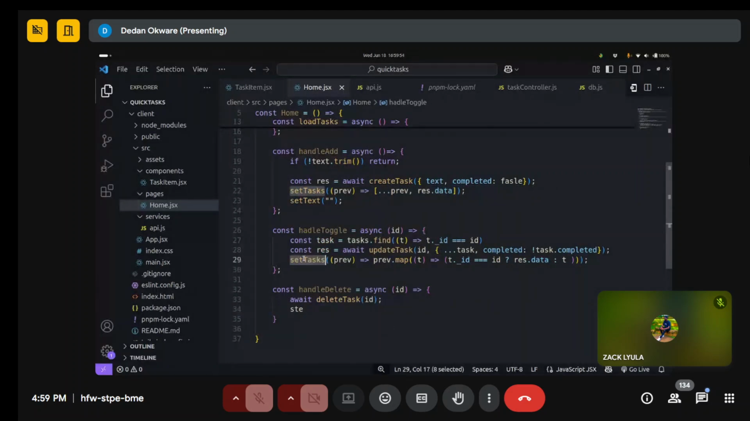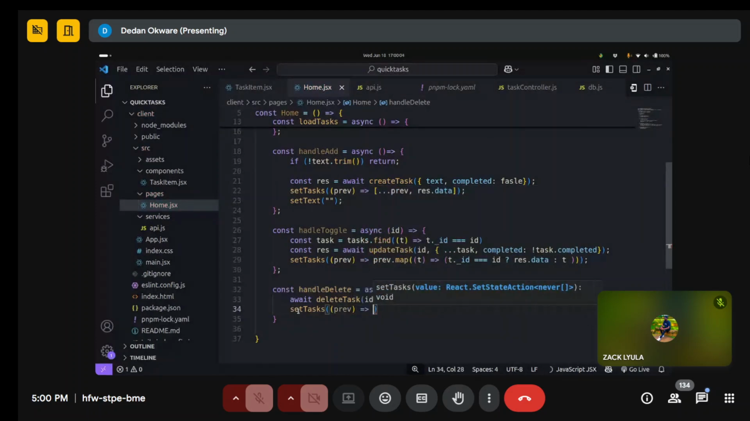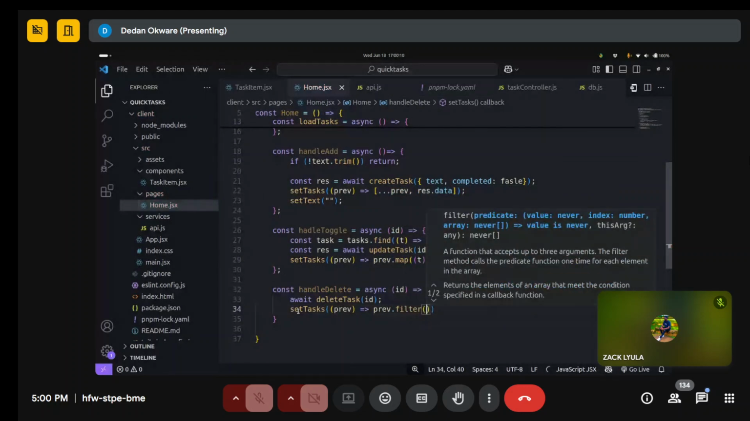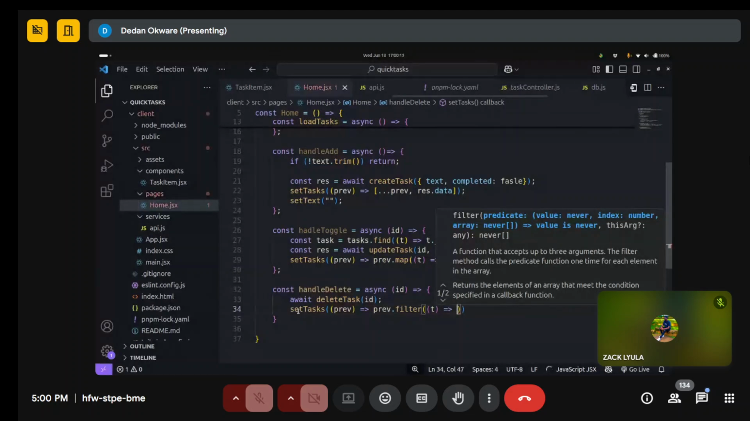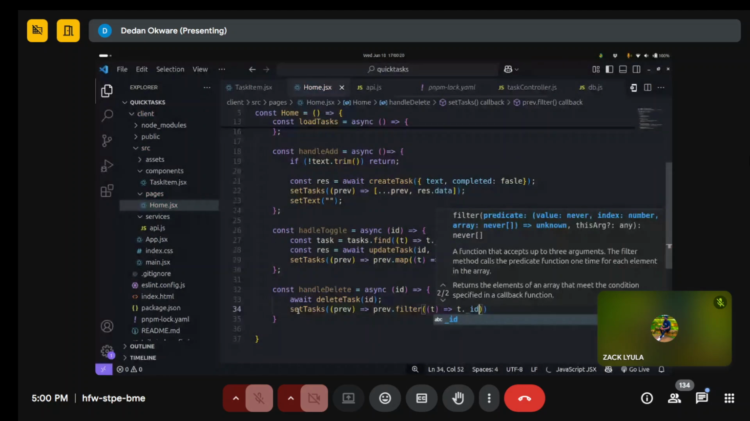So you come and say set tasks, then you come and say prev. Exactly the same thing that you have been doing, except here we are filtering. It's all a matter of filtering. You don't need a lot of thinking here, because I was using the same logic, I'm going to use the same logic here. So t._id. Basically here we are saying, maintain everything except